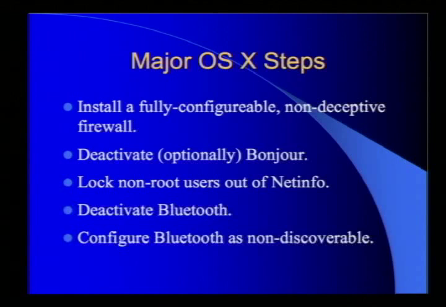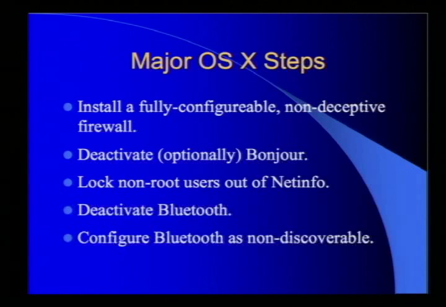The shortest version, for OS X, the major things for us to get in place were first, install a fully configurable, non-confused firewall, because I'm guessing actually that Apple wasn't deceptive, they were confused. Okay, install a good working firewall. By the way, I love Apple. I love OS X, and I think it's actually a whole lot better than Linux machines were a while back. I think it does a really good job. I just think it's not good enough, and I'm very hopeful for the next version. I think we're going to see a really nice next version.